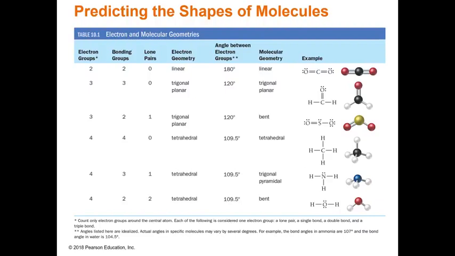This slide likely presents a summary diagram of common molecular shapes based on electron group arrangements: linear, bent, trigonal planar, tetrahedral, and trigonal pyramidal. Take time to memorize the link between the number of electron